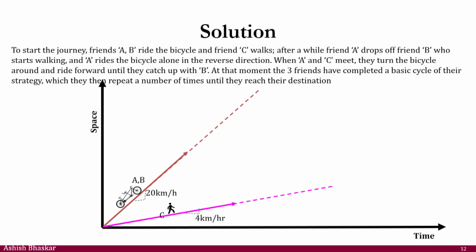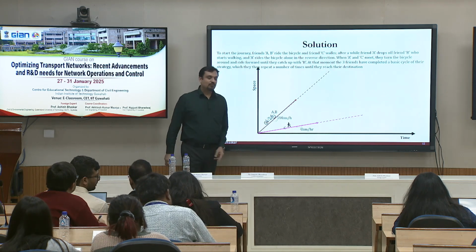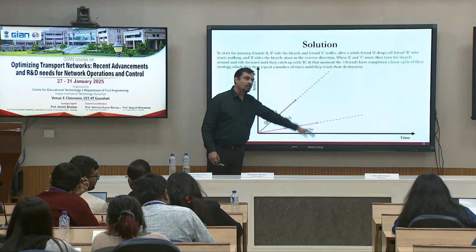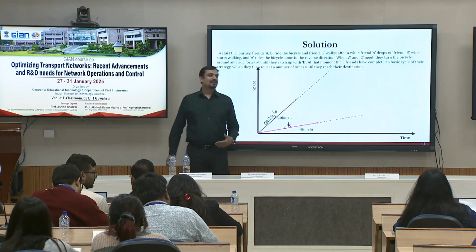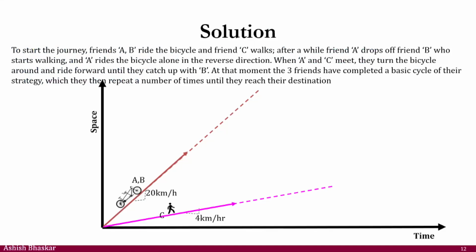So think of drawing the space-time diagram first for the whole process. A and B might be riding at a speed of 20. So this time all three friends start the journey. A and B are going at 20, C is going at 4. That's why the slope of this line is 4, right? But after a while, imagine maybe after half an hour or 1 hour,